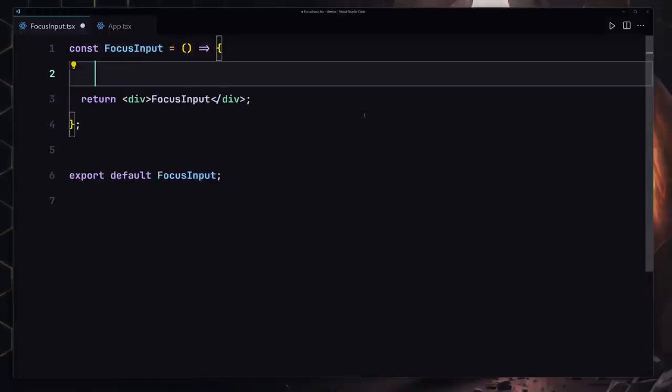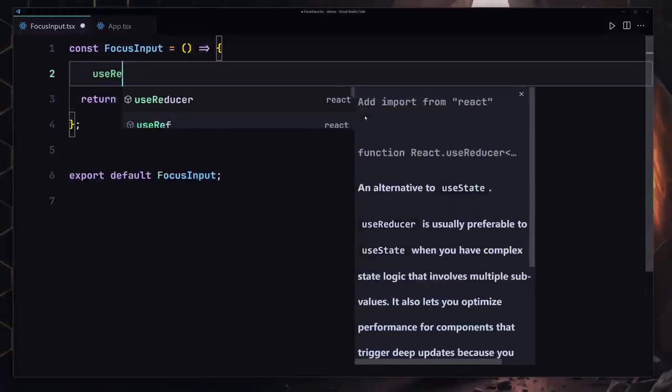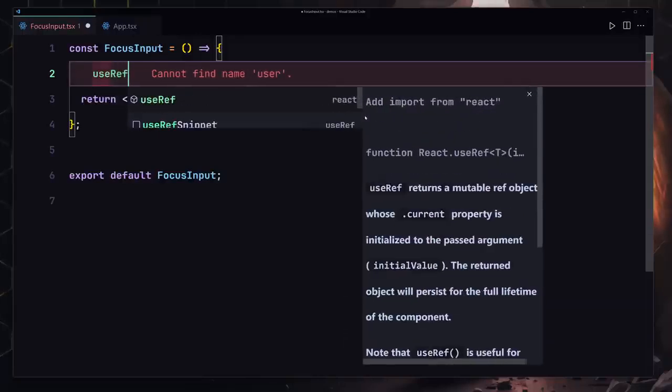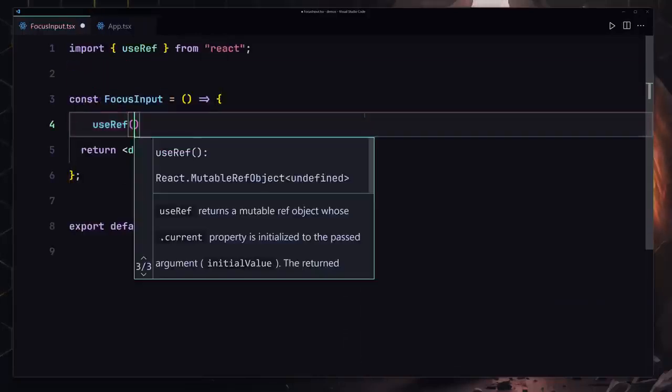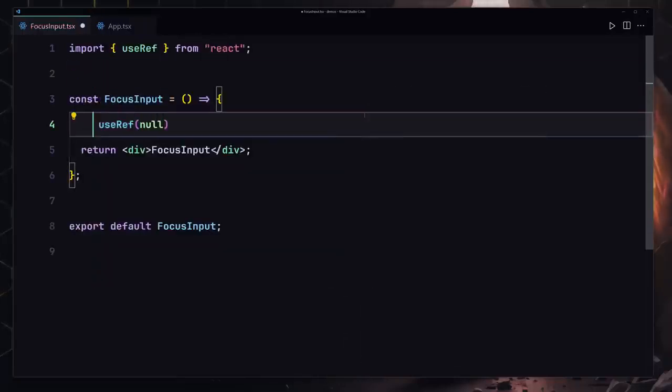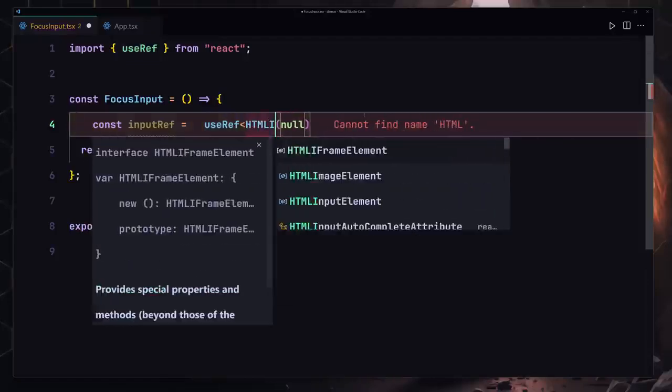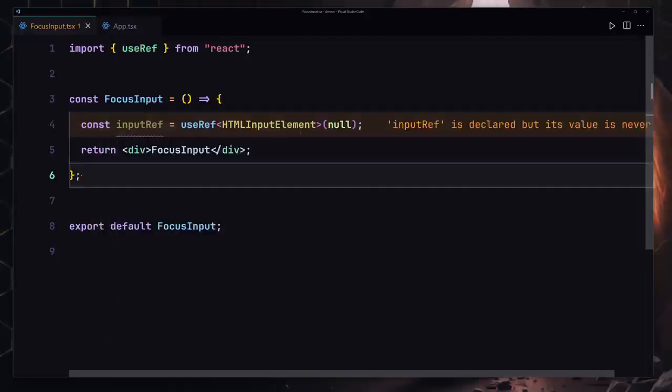And what I'm going to do is use the useRef, not a reducer, useRef, which will be coming from React.js. Here we are going to provide the initial value of null. I'll store it in a variable with the name of inputRef, and that's going to be equal to this useRef. And we will also annotate it with the HTMLInputElement, which will be coming from the